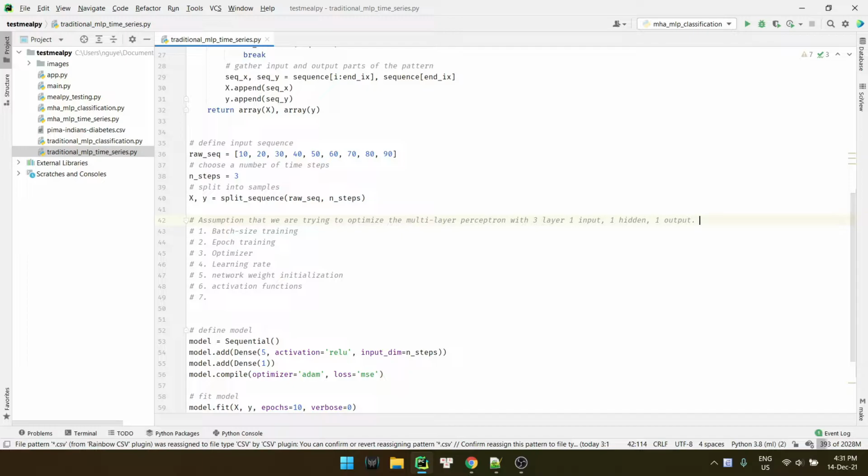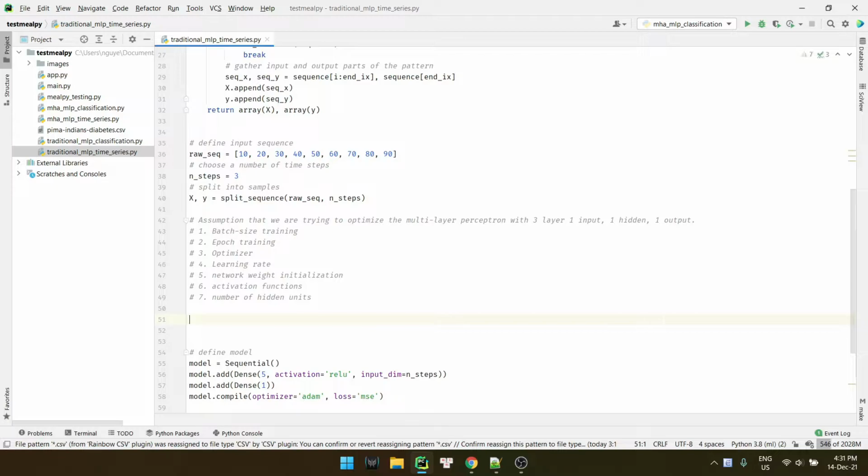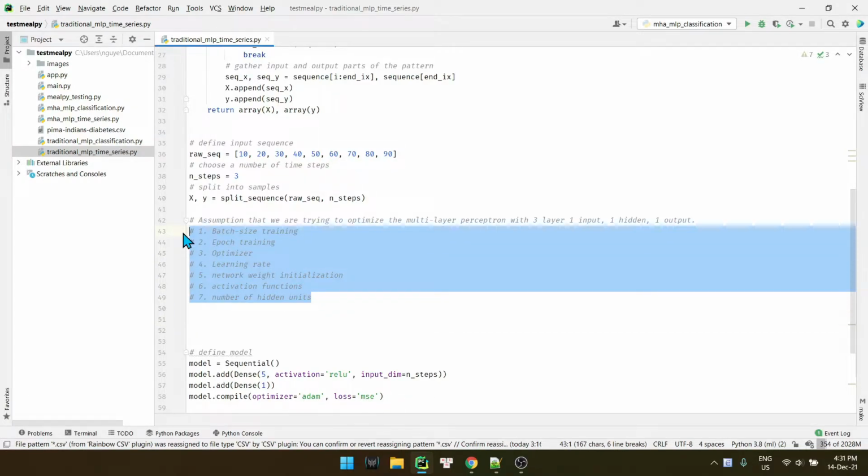Okay, so the number of hidden units. Okay, so we have 7 variables for this.